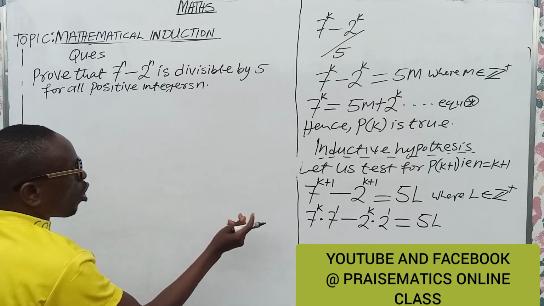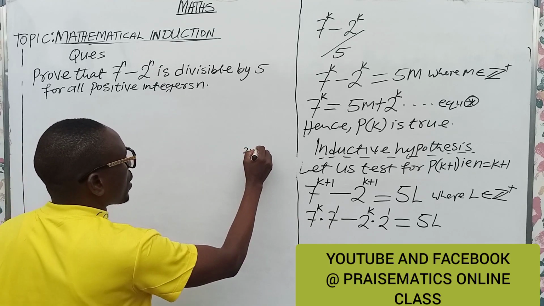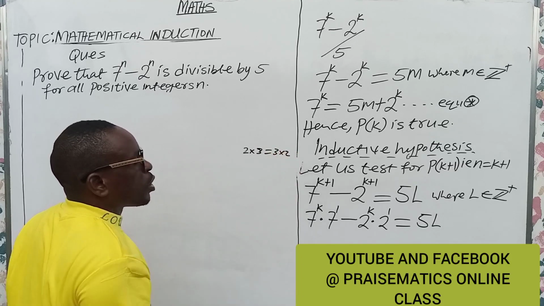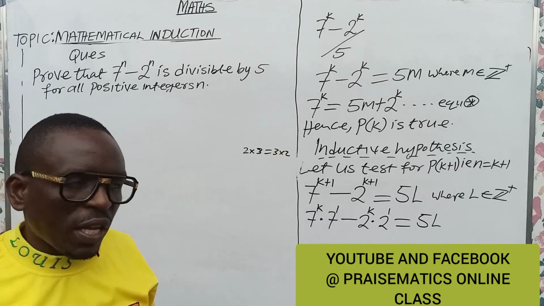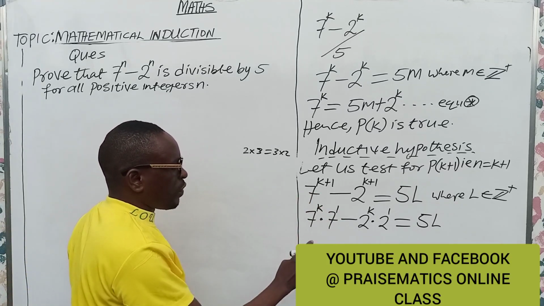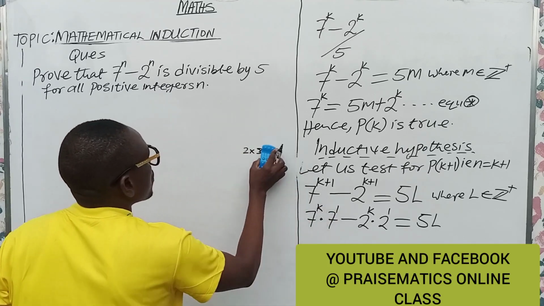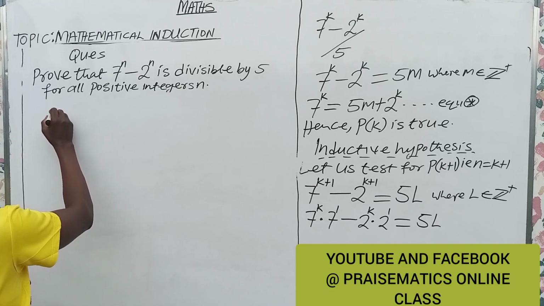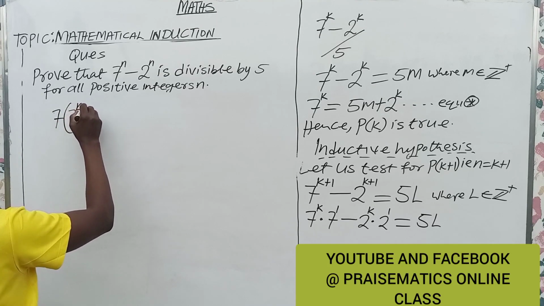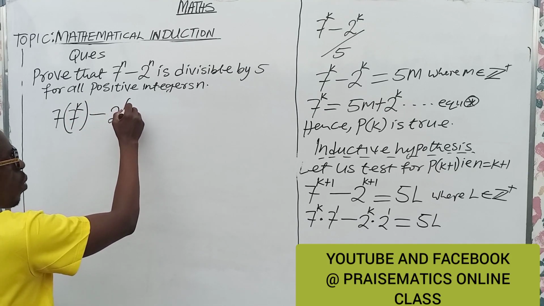Always remember that multiplication of numbers is commutative. 2 times 3 is the same thing as 3 times 2. So I can turn this upside down. And always remember from laws of indices that anything raised to power 1 remains that number. Now I can write this as 7 into 7 raised to power k minus 2 into